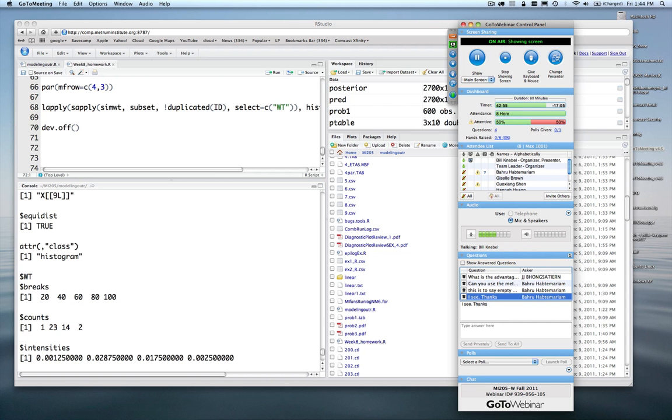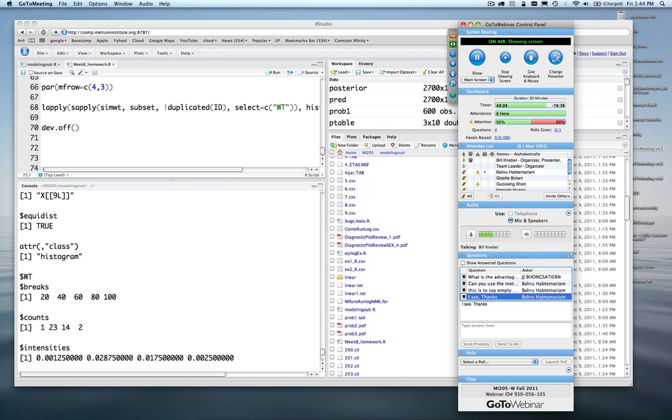Oftentimes I'll find myself running into that issue where I'm reading in, say, not necessarily an output from a model, but maybe a data set, where a column like concentration may have in it things like non-numerics. It may have in there something like dots, or letters like BLQ or LLOQ or less than 5 for the concentration value. And when you read that in,